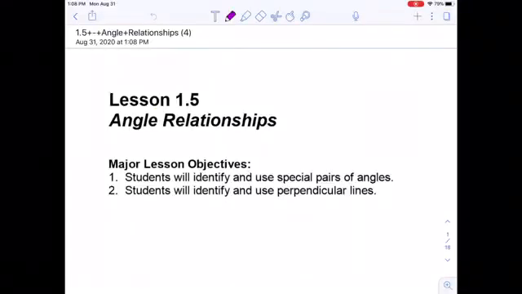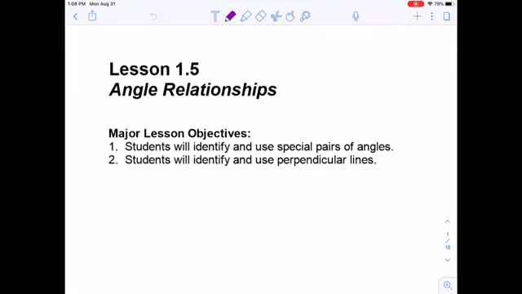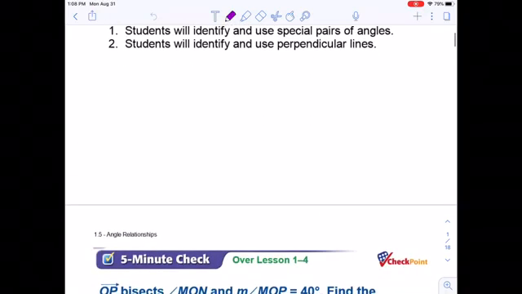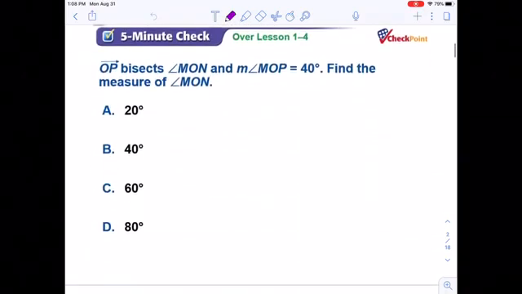Hello, today we are going to cover lesson 1.5, angle relationships. So by the end of this, you will be able to use special pairs of angles and identify and use perpendicular lines. In this 5-minute check, we know we have angle MON,